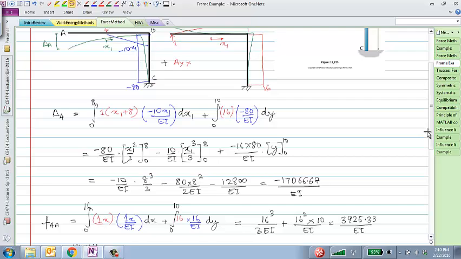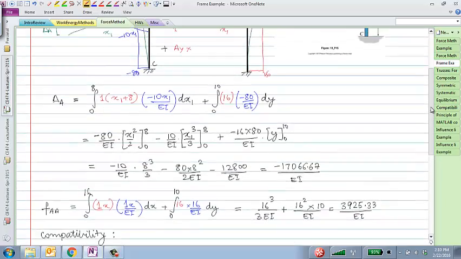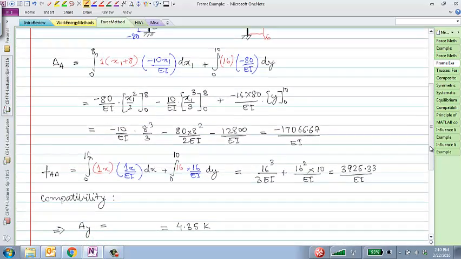Okay. At this point, all we need to say is compatibility. What would be the compatibility equation? Okay, so essentially we are saying that delta A, which is the displacement due to the actual loads applied, plus let me say delta A prime, which is the displacement due to the redundant loads applied, and actually since it's in the opposite direction, I'll just say minus, equal to 0,